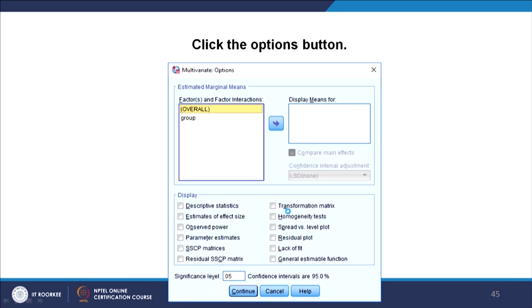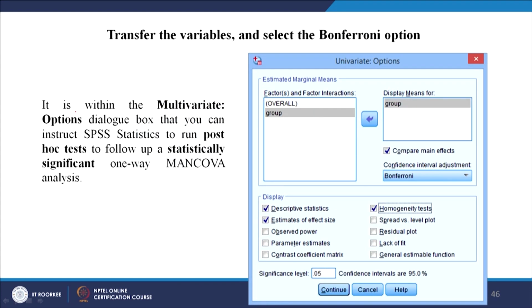Now, I am just showing you, then I will show you a real case, the same case on SPSS. We will take the group, the intensity of the exercise, to this side. To check the display of means, it is within the multivariate options dialog box, so that you can instruct it. Now take this and finally compare the main effects, and we check for these 3 things: the effect size, descriptive statistics and the homogeneity. We want the mean, standard deviation, the variance equality, and the eta square or the effect size, right. You can also take the observed power to see how strong, how powerful your test is, right.